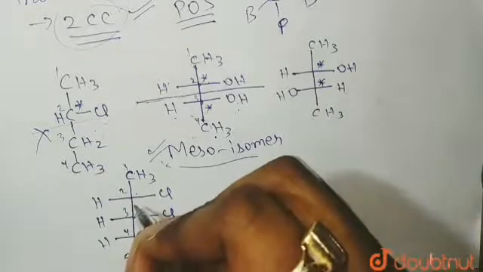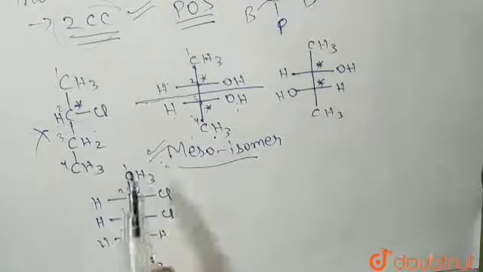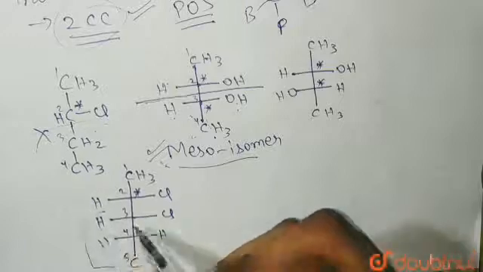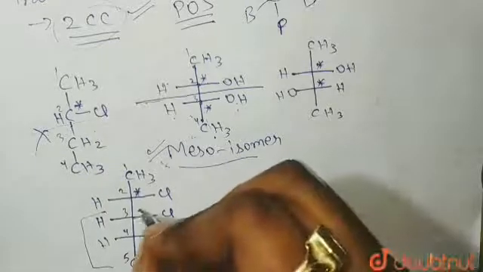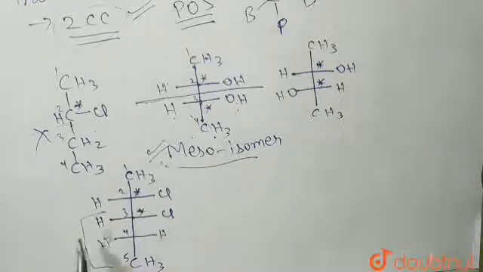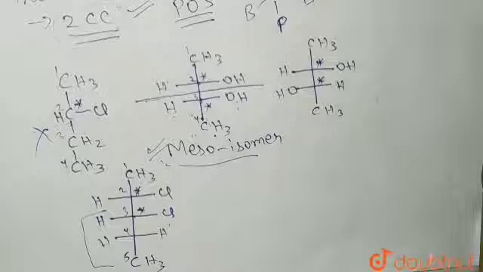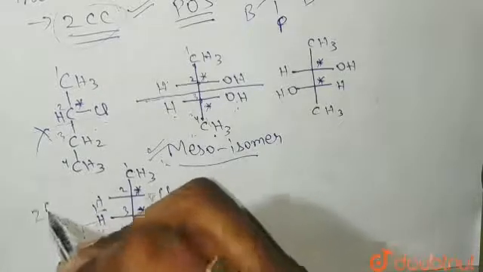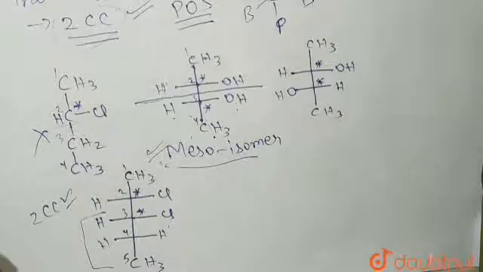Now if you see this carbon number 2, this is a chiral center. Why? Because it has hydrogen, Cl, CH3 and this huge group. This complete group is the fourth substituent of carbon number 2, right? So this is a chiral center. Similarly, this carbon number 3 is also a chiral center. Why? Because one Cl, one H, one this group CH2CH3 and one this group CHCl CH3. Right, so this is also a chiral center and no other chiral center is there in this. But if you see, 2 chiral centers are there, okay, one condition is satisfied for mesoisomer presence.